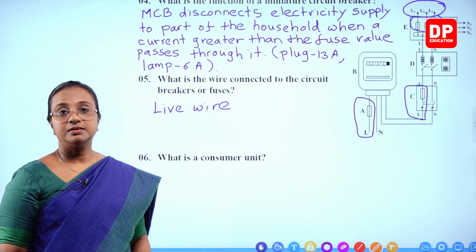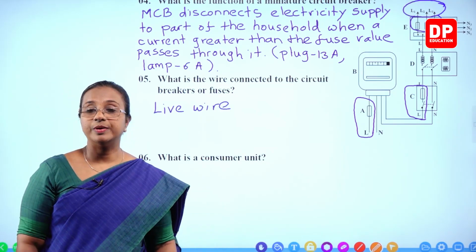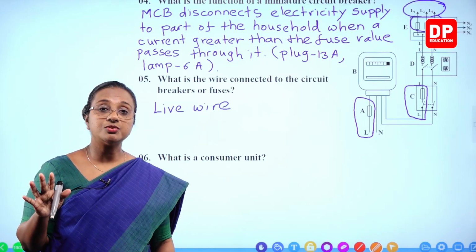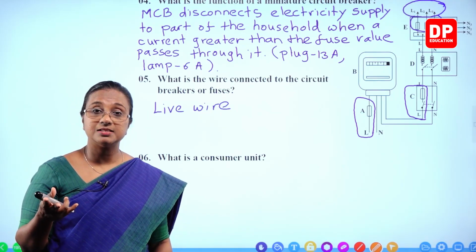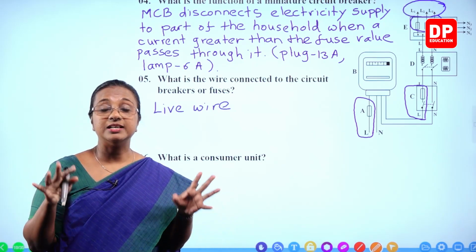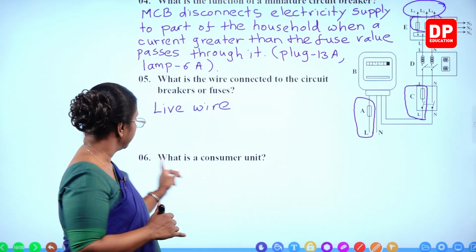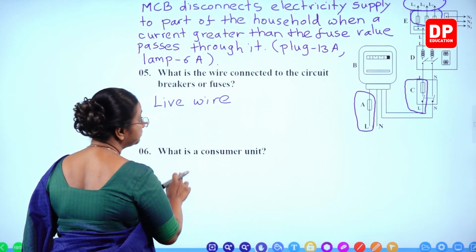Then the sixth one, what is a consumer unit? Now in the modern household circuits, the distribution box, the trip switch and the isolator all are present together in a consumer unit. So here we can say